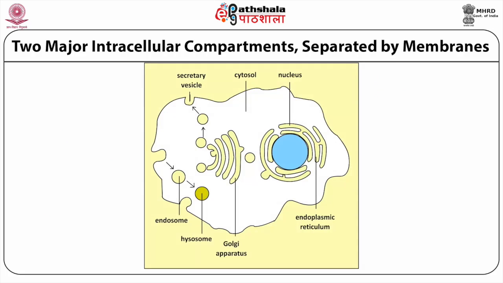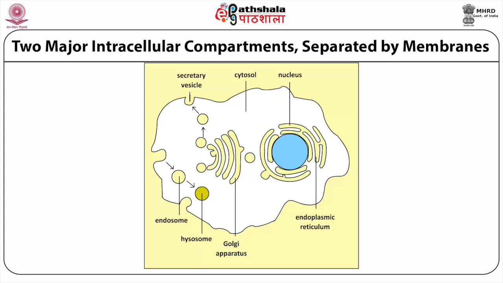The cell can be viewed as consisting of cytosol, which is linked to the nucleus via pores on the membranes of the nucleus. The vesicular system on the other hand is linked to the extracellular fluids. This includes endoplasmic reticulum, Golgi bodies, endosomes, lysosomes and some other vesicles. Endoplasmic reticulum can generate vesicles which fuse with Golgi membranes. The fused vesicle can reach outside the cell. This is how the movement of molecules and materials takes place from inside to outside.